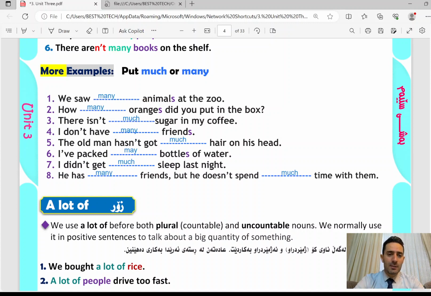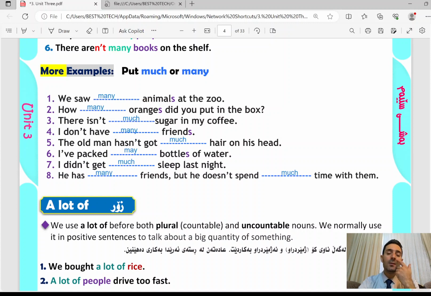I have used many because I've got the word animals, that is plural: how many. I have used many in this sentence because oranges has an s, plural s, so it's countable. But for number 3, I say there isn't much sugar. I have used much because the word sugar is an uncountable noun. In number 4, I don't have many friends. In this sentence I have used many because the word friend